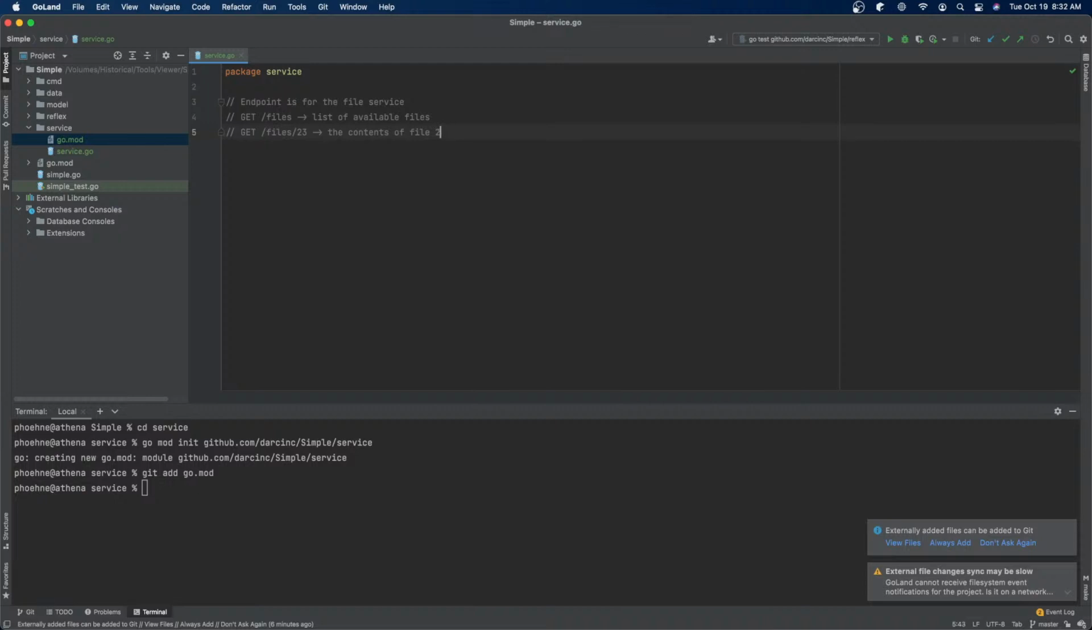So if we get files, and we'll even say with an ID of 23, we get the image data for file 23. And here's where we hit another point where I'm not happy, is I don't like to expose that number. So I have in my model